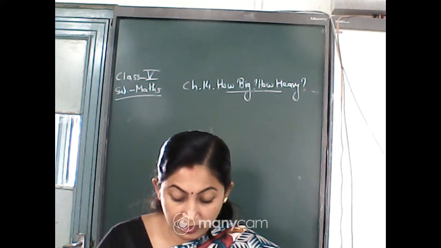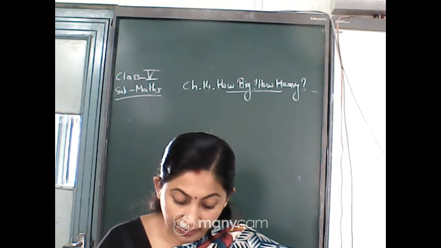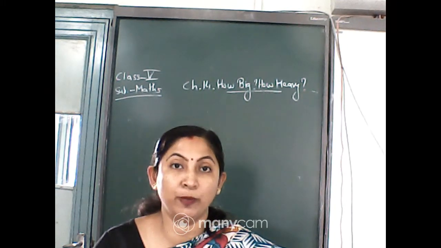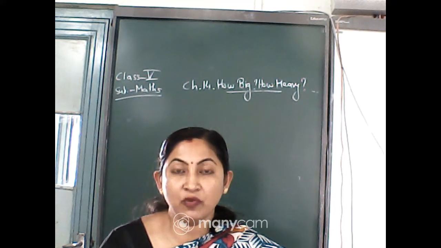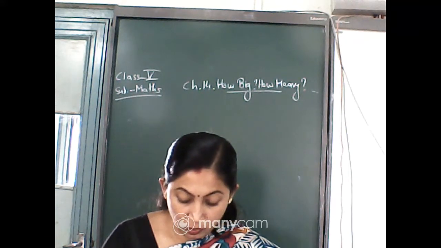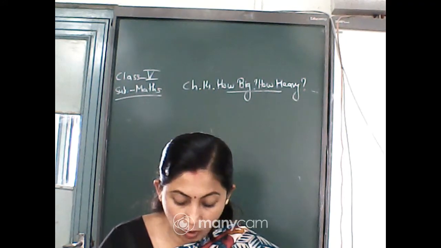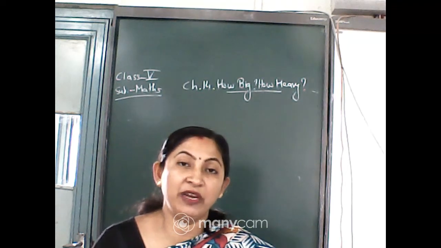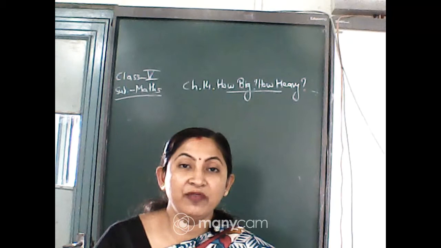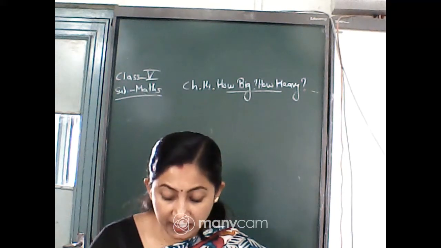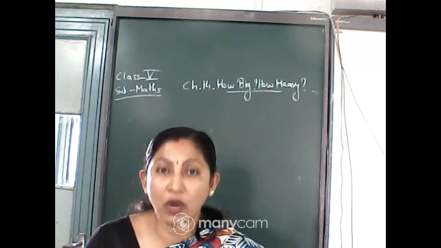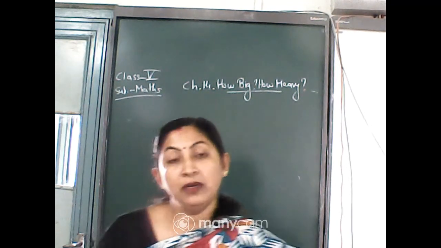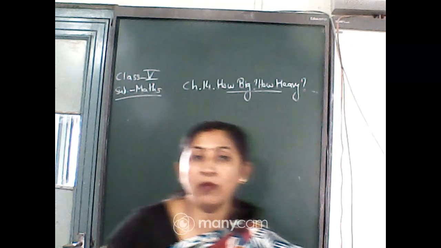And one more thing, here it is told the matchbox. The matchbox floats. How do I find its volume? That means obviously the matchbox will float. So, how can I find the volume? Here it is told that let us fill it with sand or nails. The matchbox, either you fill it with sand or you fill it with nails. Better to fill it with nails, isn't it? And then you see what is the volume, means how much water is displaced in the glass. That will be the volume of the